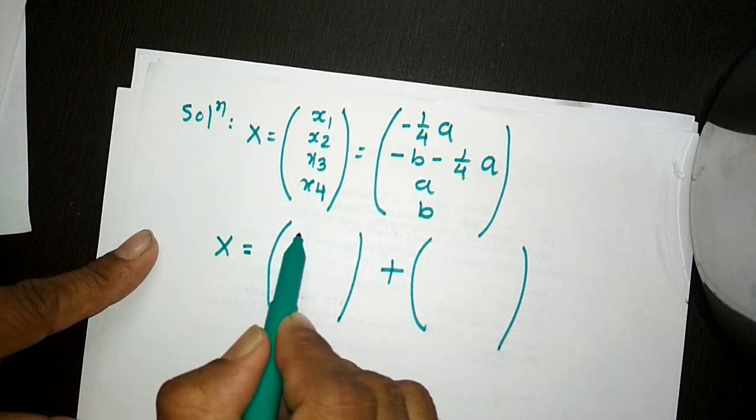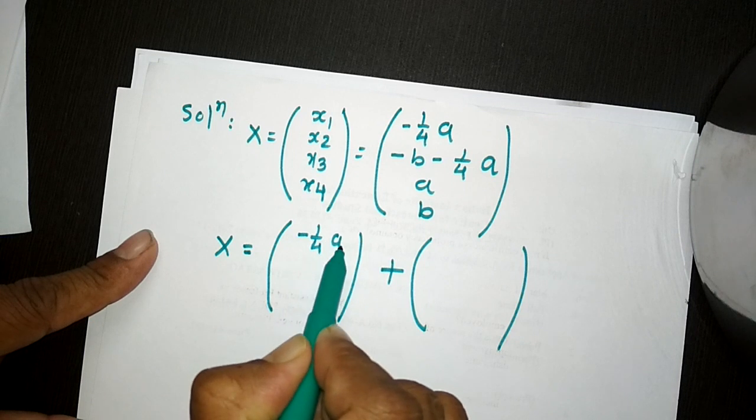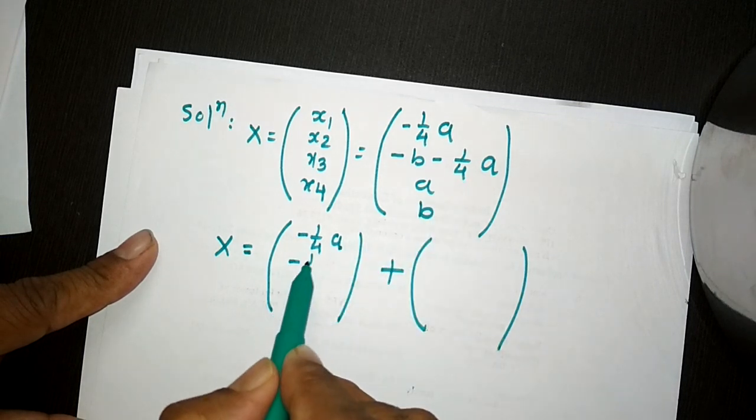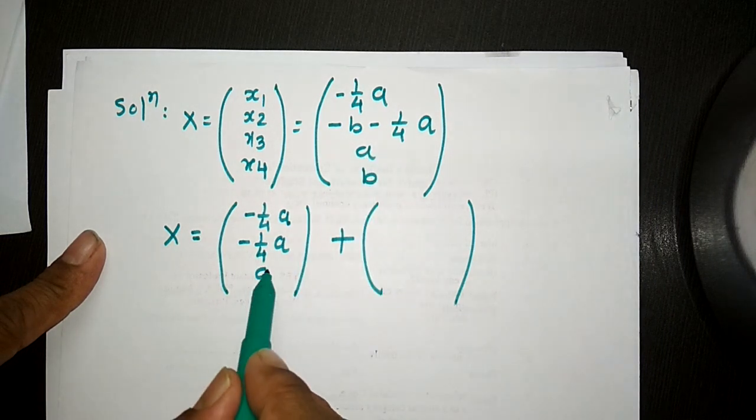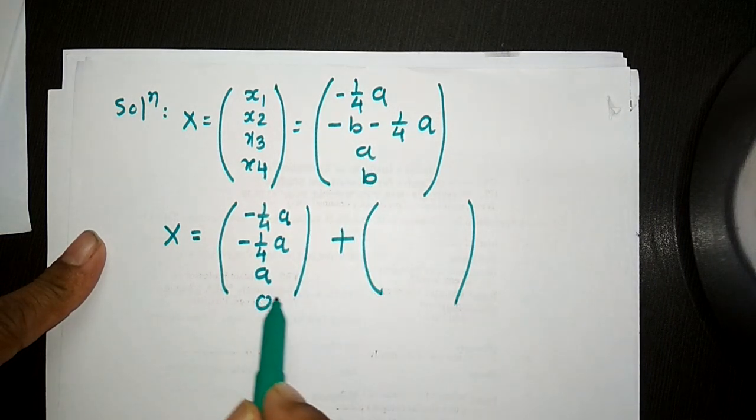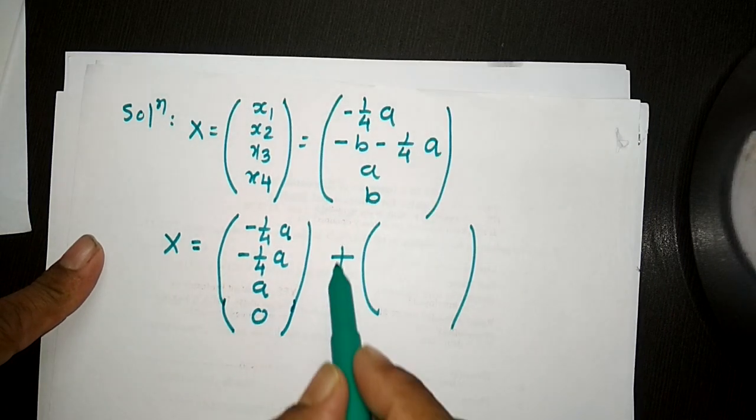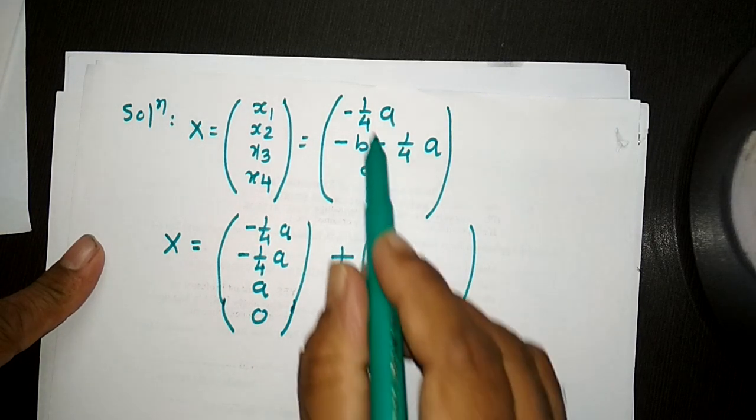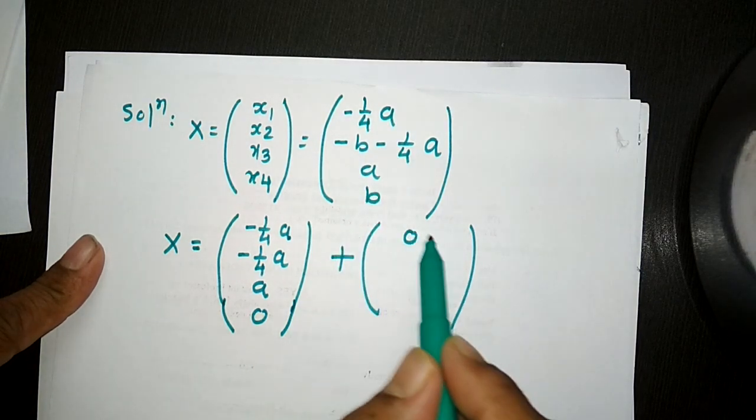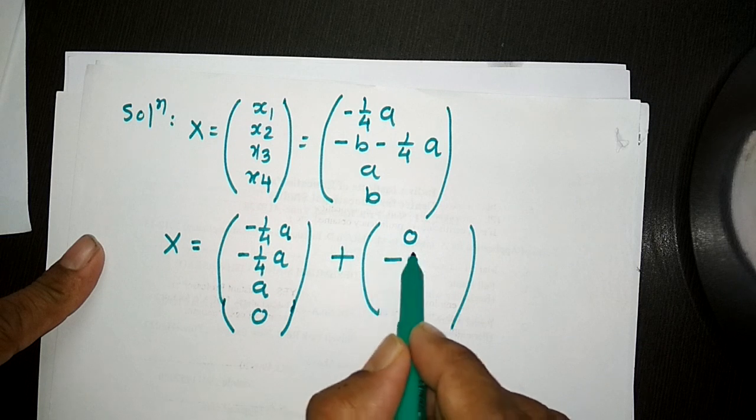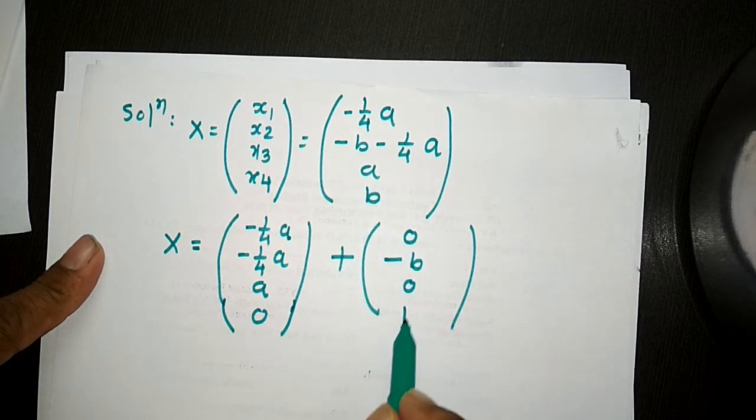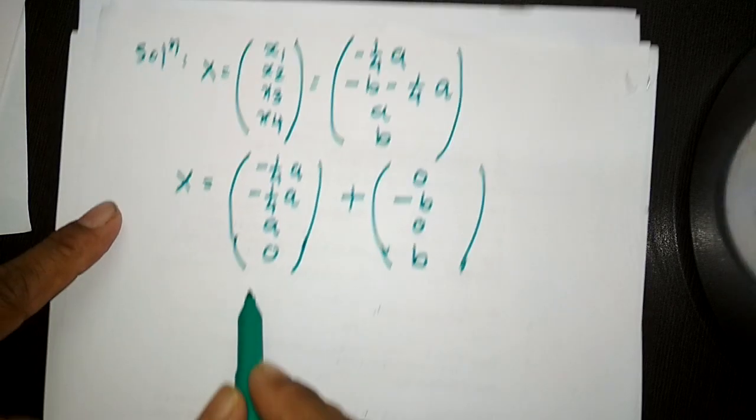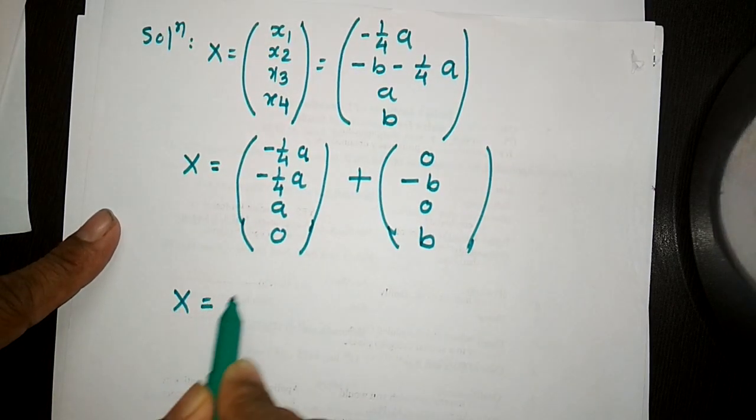So here, minus 1 by 4 a. Next we write a here. There is no a, so we write 0, plus we write all the terms of b. There is no b here, so we write 0. There is a term minus b. There is no b, so we write 0. And there is a term b. Okay, so x is equal to,